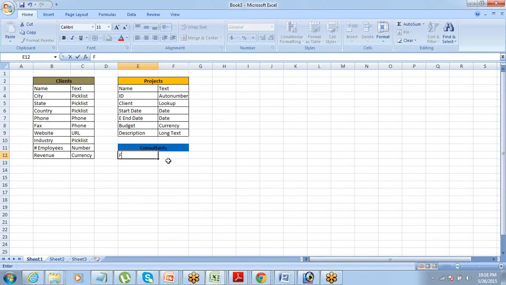So for consultant, I will have first name. Okay, let me just check your thinking. So what all fields I should have for consultant? And I have one more question for you. Based on what you have written there, what we are designing, you want to use the user object for consultant. Is that correct? You want to use user object for consultant?